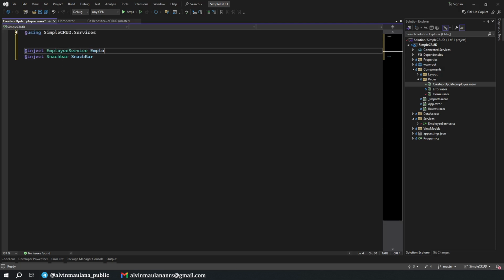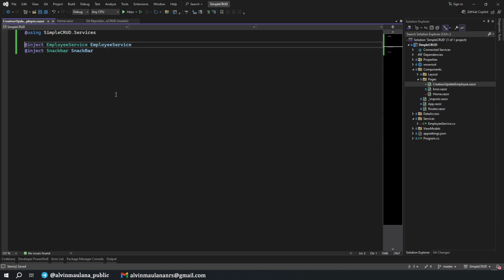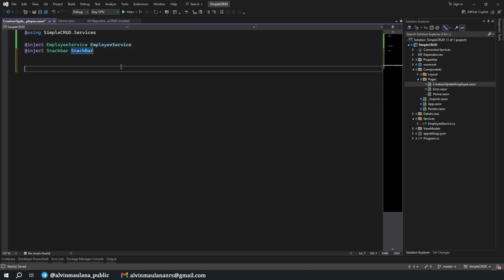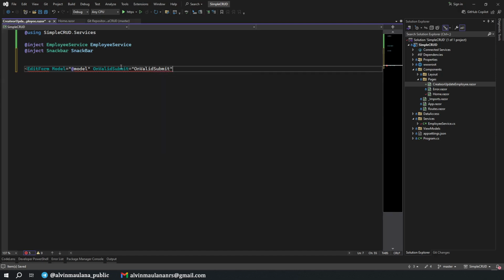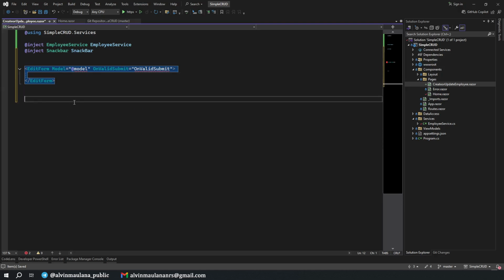Now we will need a form in here, so we can use Blazor edit form model. It comes from model, later we define it, and on valid submit is on valid submit. Close it. Okay, maybe we create this, so no red, something like that.